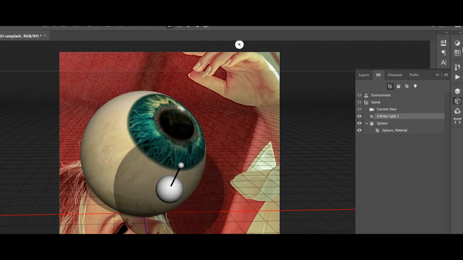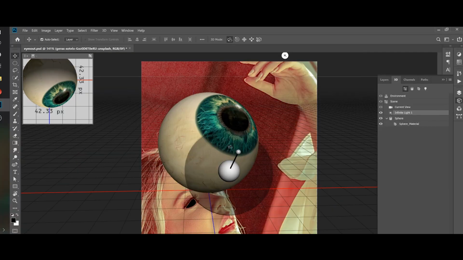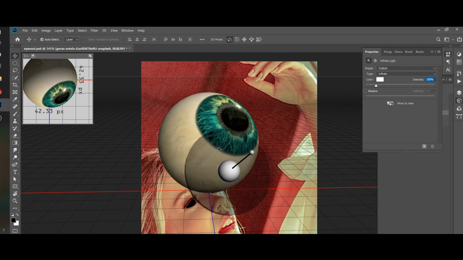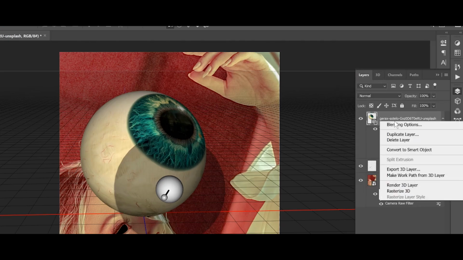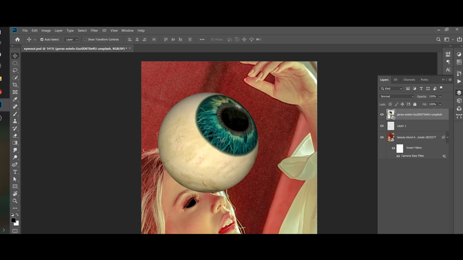Let's select it, go to properties and turn off the shadow. When infinite light is selected, we can just click and drag to control the direction of the light. Let's drag it and put our shadow behind. Now let's go to layers. Let's right-click on our 3D object and convert to smart object. And boom, now we can use it just like a normal image. Now, my dear friends, we need to continue and create the second copy of the eye, because everyone has